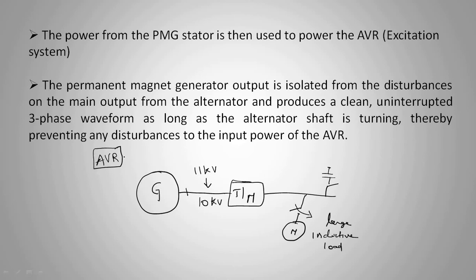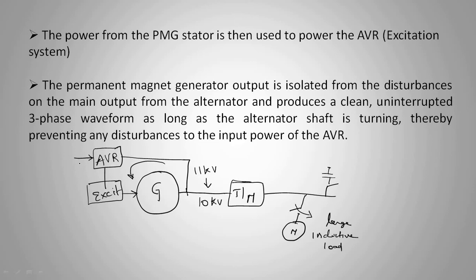The automatic voltage regulator will sense the actual generator output, and then it will control the excitation of the main generator. It will control the main excitation, and then it will control the generating voltage. Likewise, in this closed loop, it will keep the generating voltage constant irrespective of the loading conditions. So in order to have a constant output voltage, the AVR must function well.